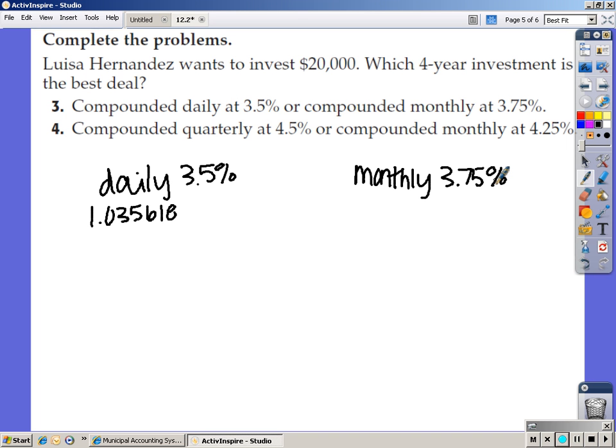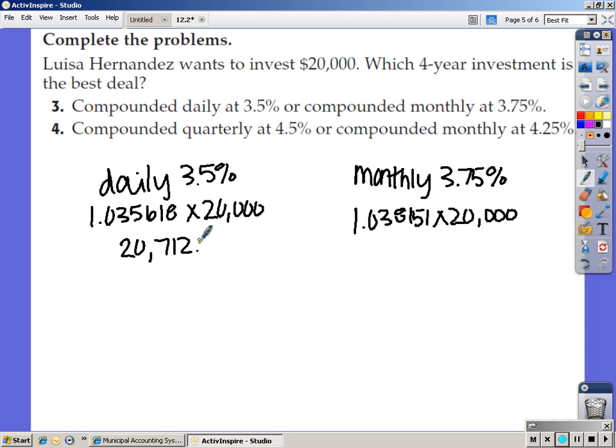And your number from the table is 1.038151. So you multiply both of those by your principal. For daily, you get 20,712.36. For monthly, you get 20,763.02. Then you subtract your principal, and you get